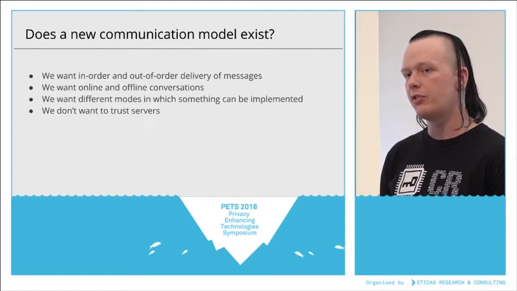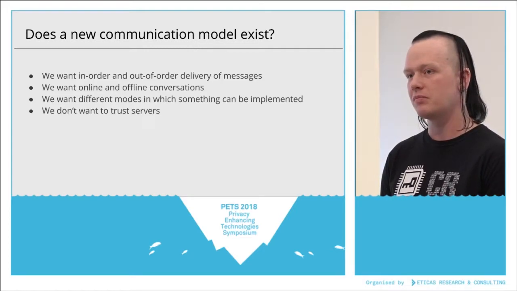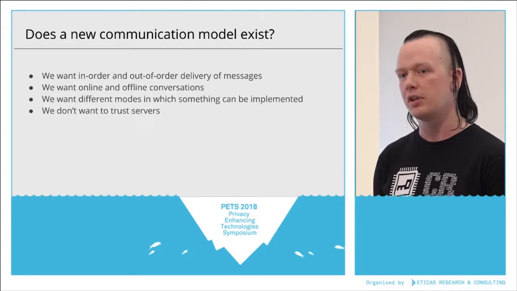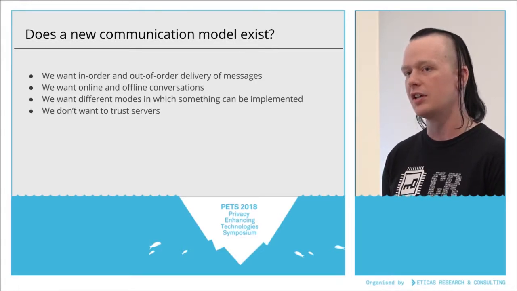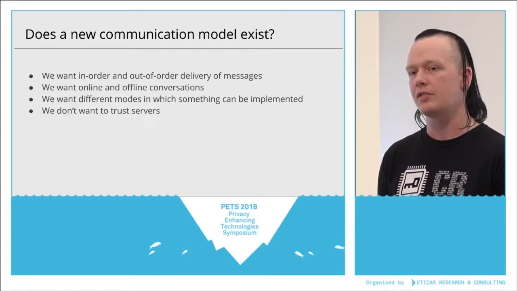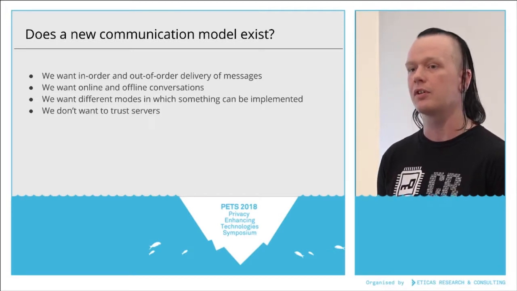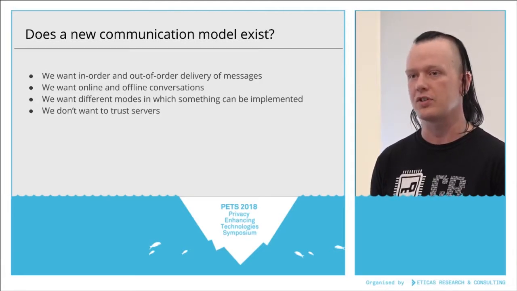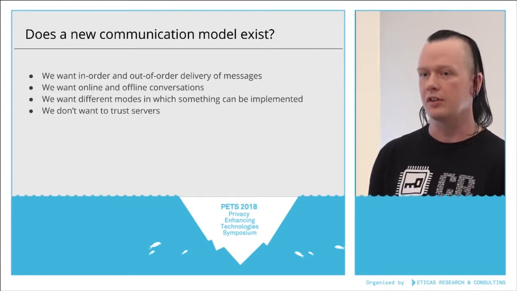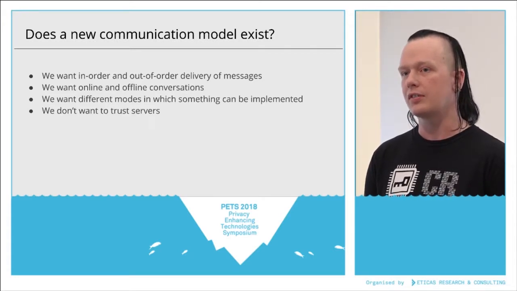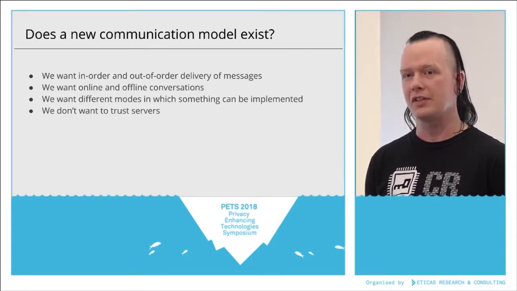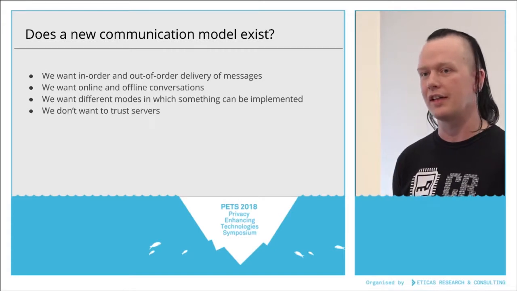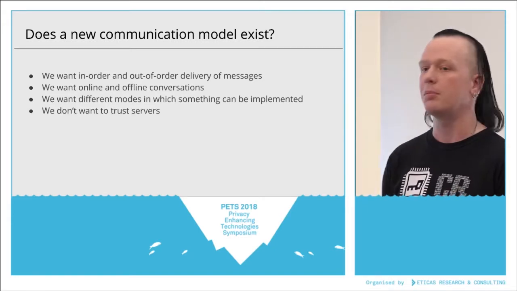So OTR version 4 does have an optional server component in order to support offline communication, but we've tried to minimize the trust, and in fact, this server is completely untrusted. And the only kind of attack that should be possible from it is denial of service, which is possible in several other scenarios anyway. So this trust in the server not to deny service is kind of the minimum that we could find that still matches these communication models.